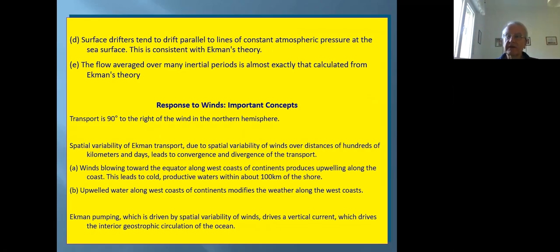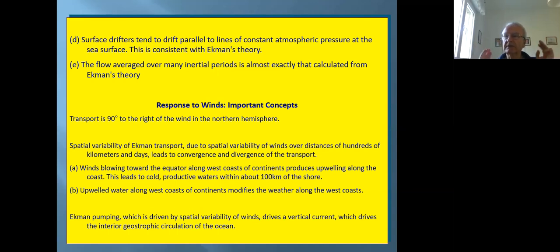The surface drifters, if you remember, are the bodies which you put into the sea, and they simply are drifted by currents. They tend to drift parallel to lines of constant atmospheric pressure at the sea surface. Why? Constant atmospheric pressure,